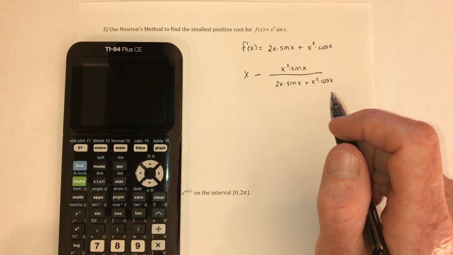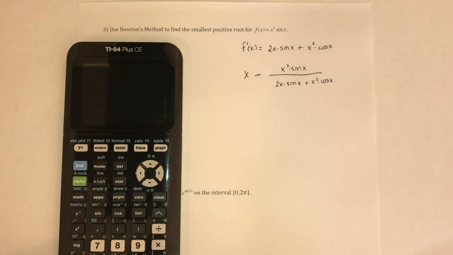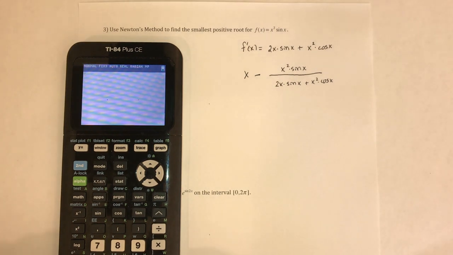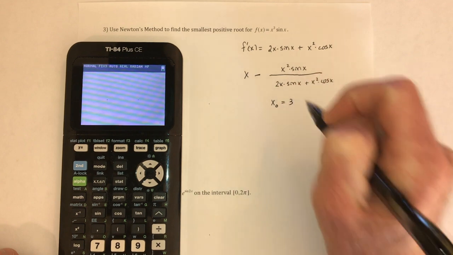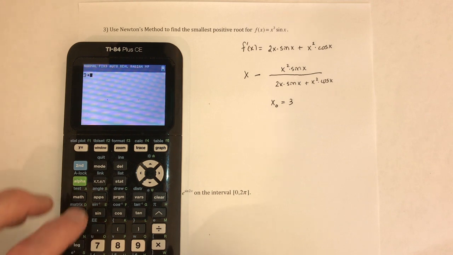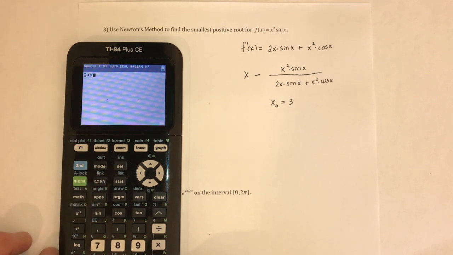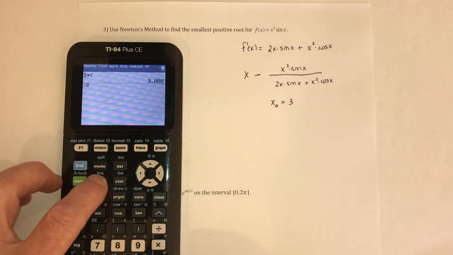No, I'm going to start with 3 and see if the formula right here can find the answer pi. So I'll start with x0 equals 3. And let's see how fast it can find the answer. So take a 3 and store that as x. And then type in this formula, x minus,